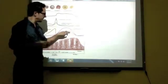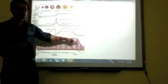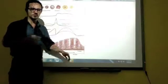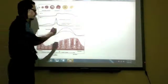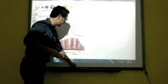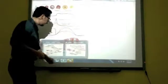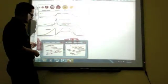If the progesterone and the estrogen falls down, then the endometrium can no longer be supported by them, and this breaking down produces the next phase, which is menstruation. So menstruation again is the falling down of the endometrium. What happens here is that if the egg is fertilized, let's open another one. If the egg is fertilized,